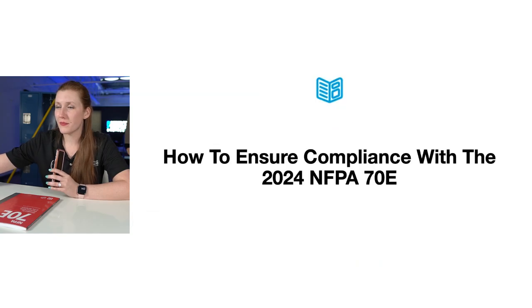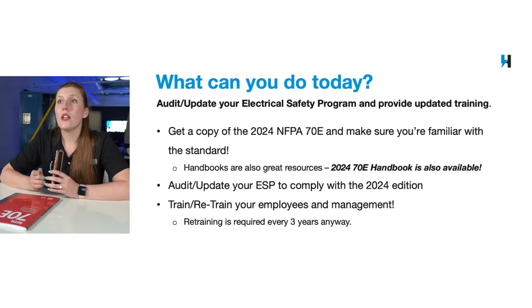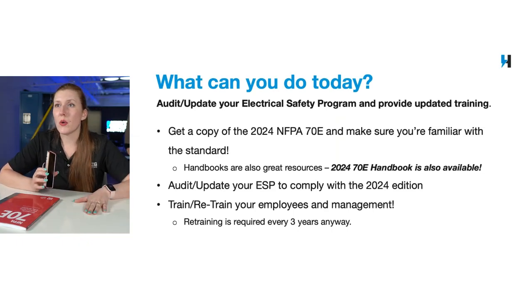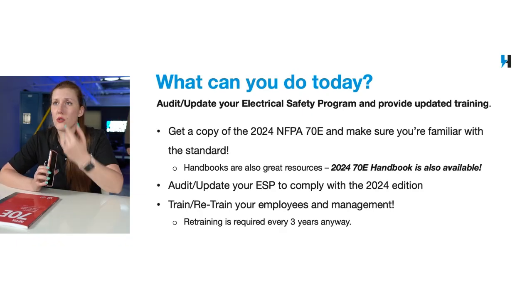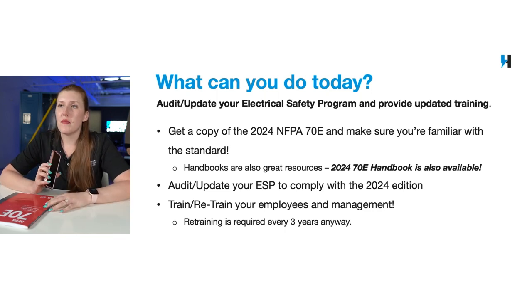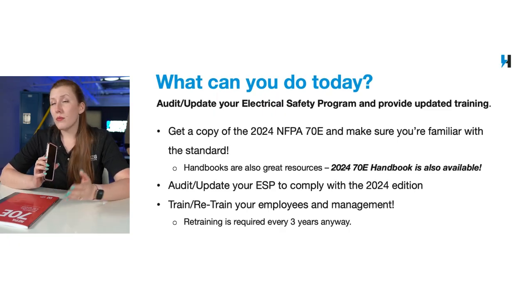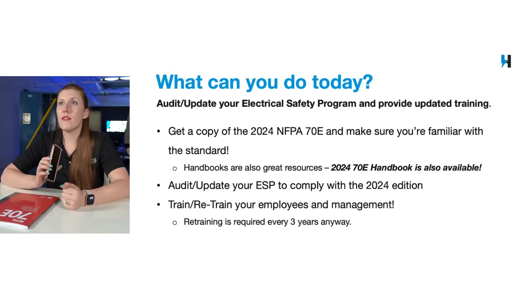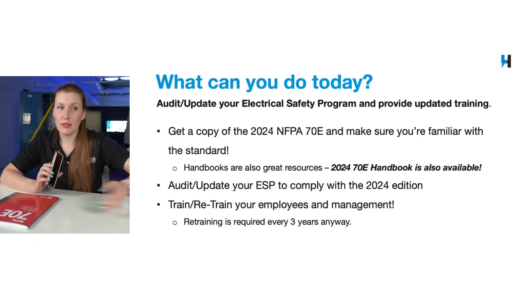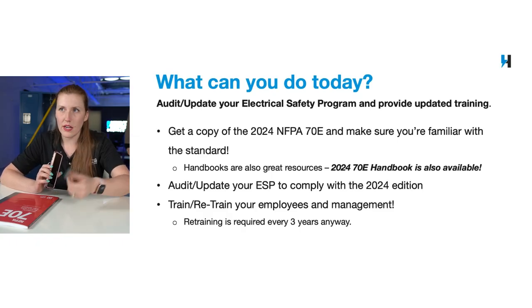Now, for updating and ensuring compliance with the 2024 edition, go through what the 70E changes were, and go through your safety program. Especially if it's in a Word doc or something, you can Control F, update all those terminologies, make sure the definitions are still accurate, things like that. Instead of just shock, say electric shock everywhere. For protectors, if you decide that you're still just going to use leather protectors, fine, you can leave it. Otherwise, if you have some workers that want to get the different versions that are available that are arc graded, then you can also add that in there.